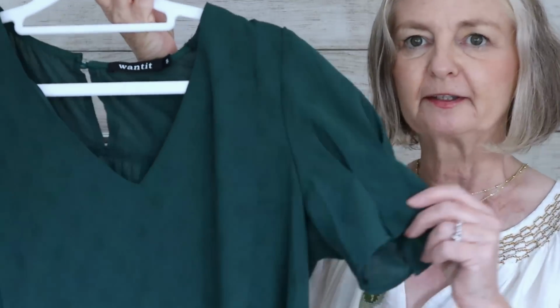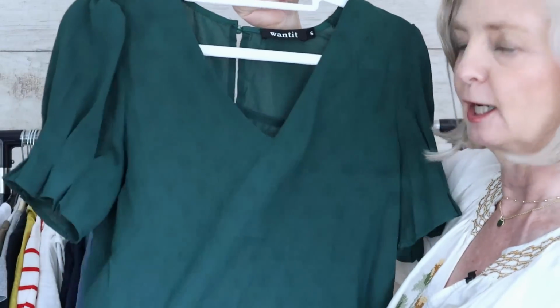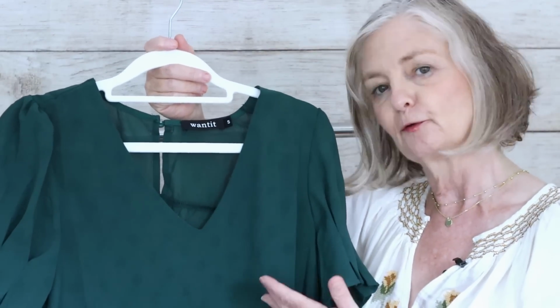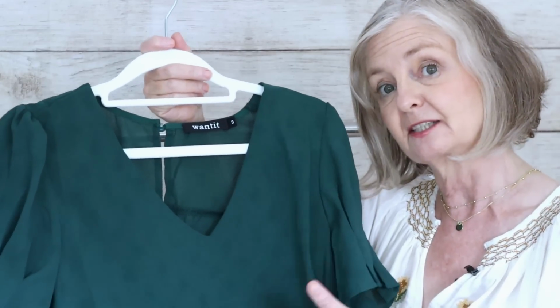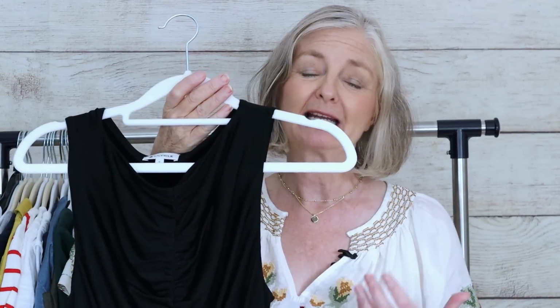And here's another green that you might have tucked away somewhere. Again, short-sleeved, perfect for the autumn. I see this kind of green would do for autumn, but also in December as a Christmassy type of colour too. So it's multifunctional. I'm also adding in a black sleeveless blouse because it's that time of year where inside,